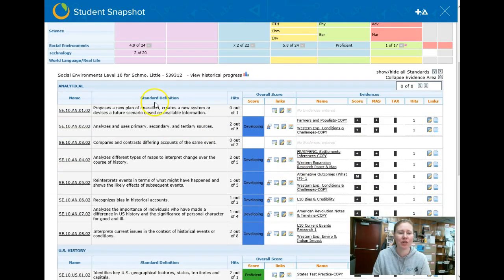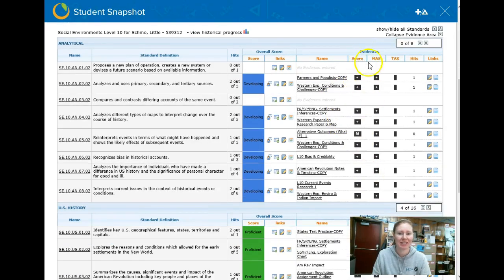If you scroll down, you can see the standards that we're actually going to be covering this year and the assignments that we've done so far. And what you're looking for here is the column that says score. That's your student's score on all of those assignments. If it's a plus, that's proficient. That means that they did the assignment correctly and they got credit for it. If you see this little M or a 0, those are assignments that are missing and need to be finished